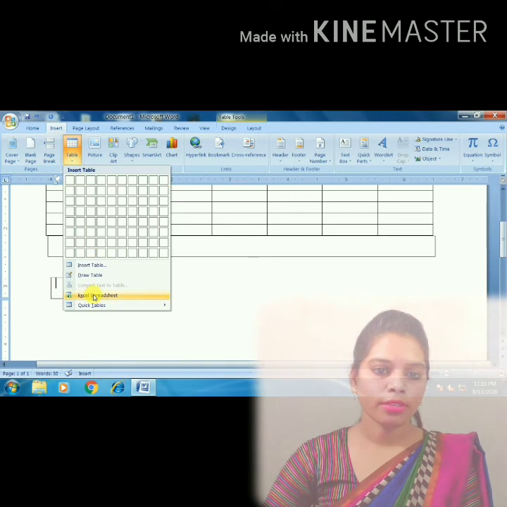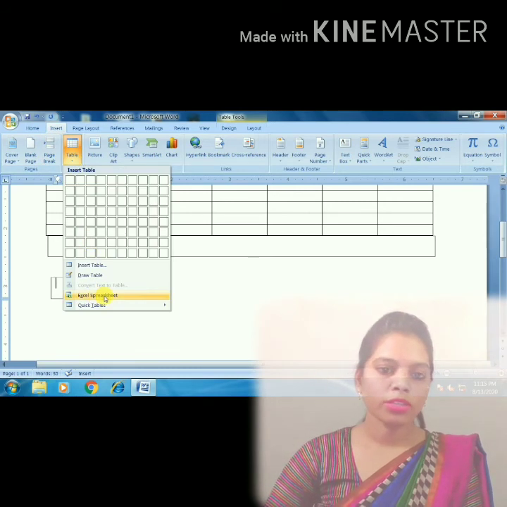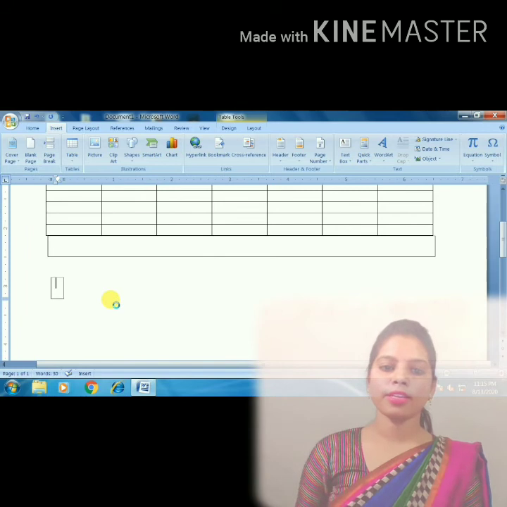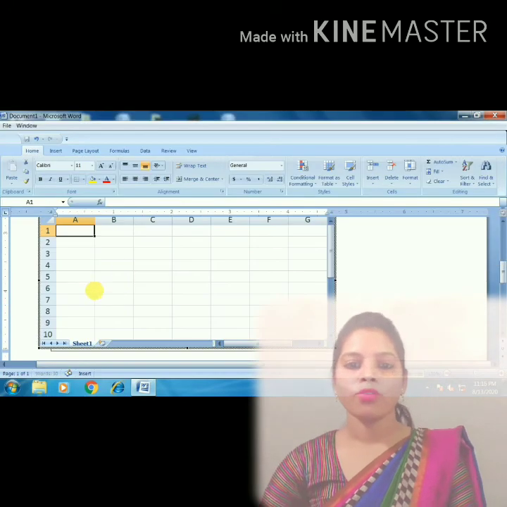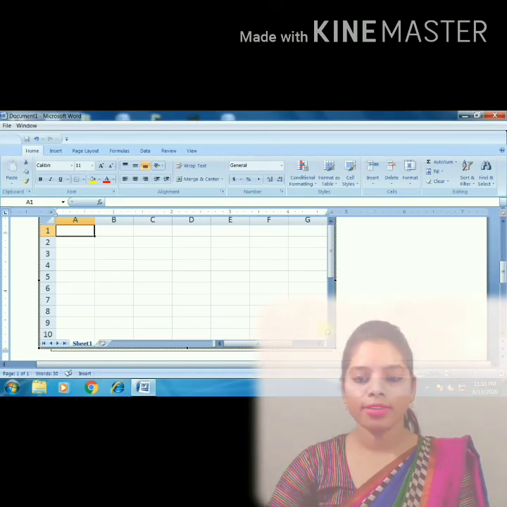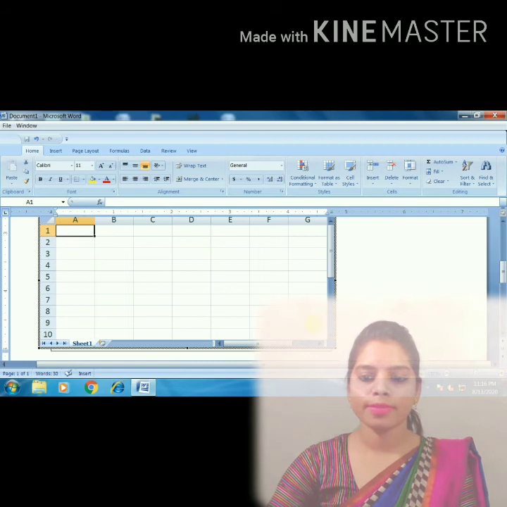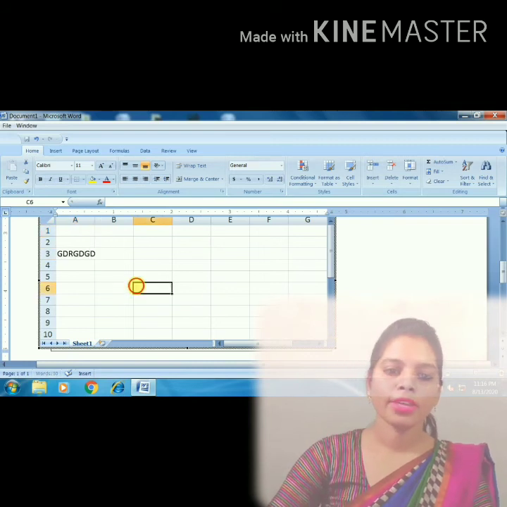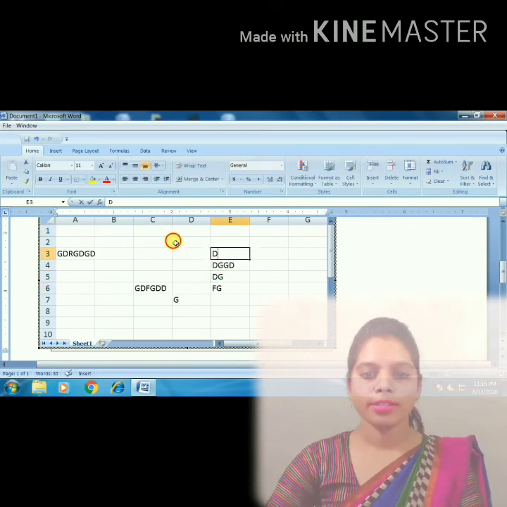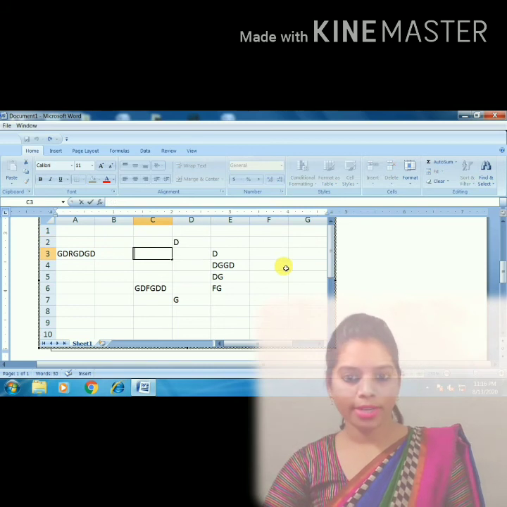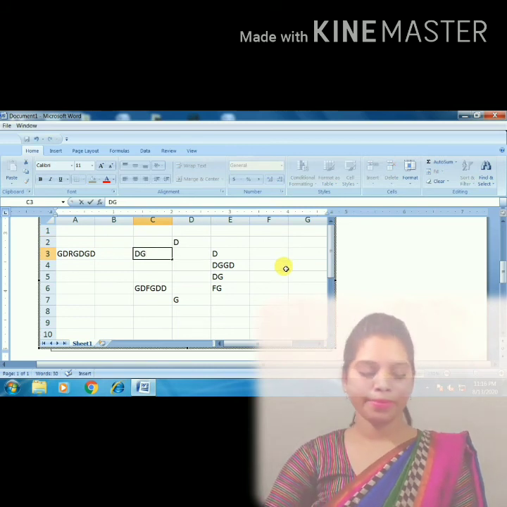After then, Excel spreadsheet. See, we can insert an Excel spreadsheet also. It will work like this, and we can work on the Excel sheet. It's too amazing, na?